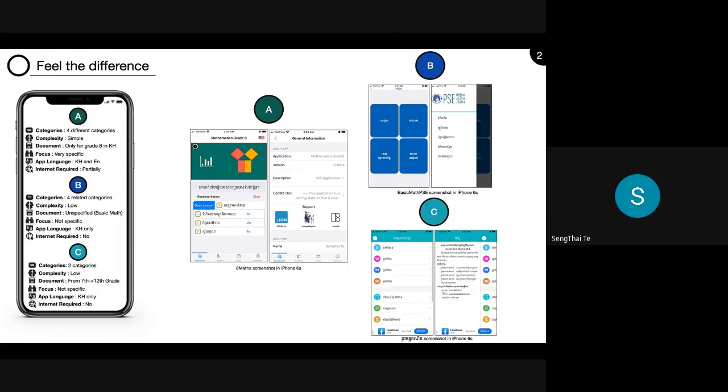So for my application, I have four different categories. I can say tabs, and the complexity is very simple, and it's the documents only for grade 8 student, and it is in Khmer language, and it is very specific grade 8. And the app language, there are two supported, Khmer language and English language. For the internet, it requires partially. The part that require internet is